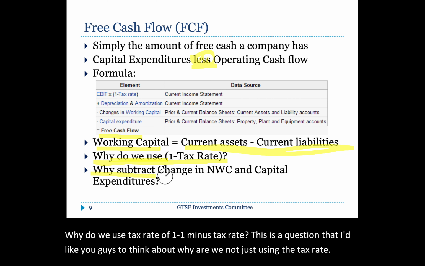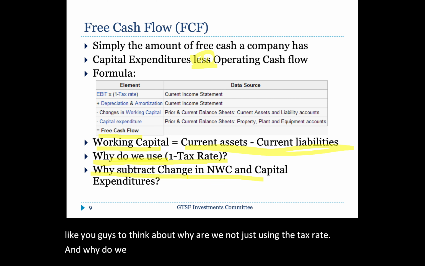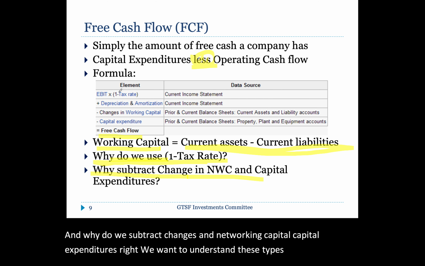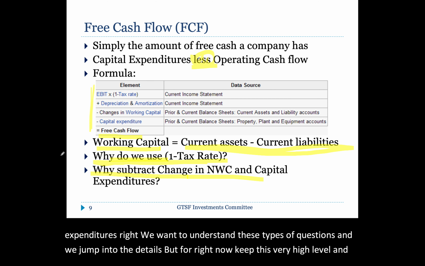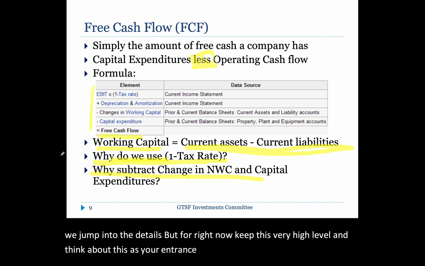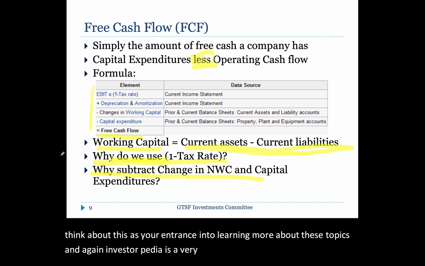And why do we subtract changes in net working capital and capital expenditures, right? We want to understand these types of questions when we jump into the details. But for right now, keep this very high level and think about this as your entrance to learning more about these topics. And again, Investopedia is a very good link into extreme details about these particular